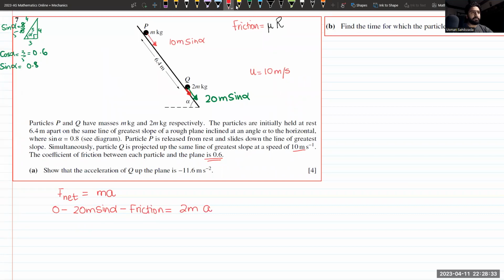Now let me take friction out really quickly. Friction is going to be equal to mu R. So mu is something that is provided to us as 0.6 times R. R is the normal reaction to the surface. Now, this surface has a weight component which is perpendicular to the surface, the normal component,